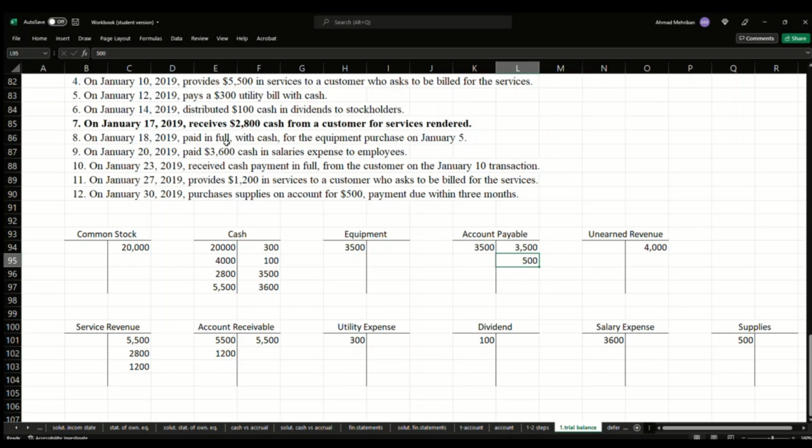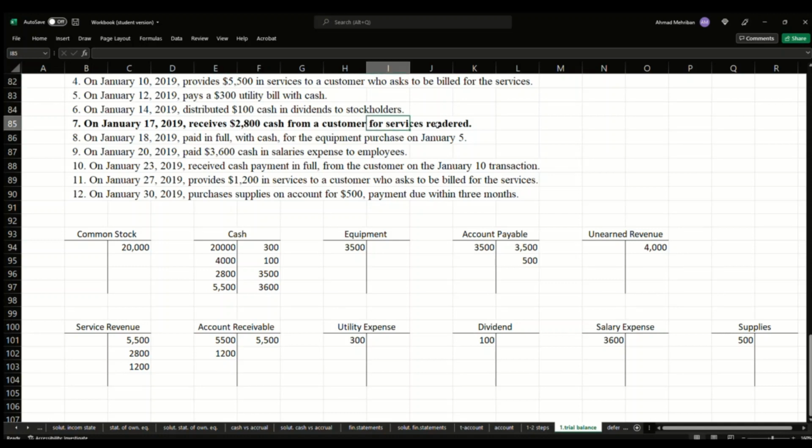That's it. This is all of our entries. There's nothing else to add. There's only one place that I want to return to, which is this one. Now, some students get confused about this, let's say, on January 17, receives 2,800 cash from a customer for services rendered. So some students connect it to this one. But in this case, it makes no sense because